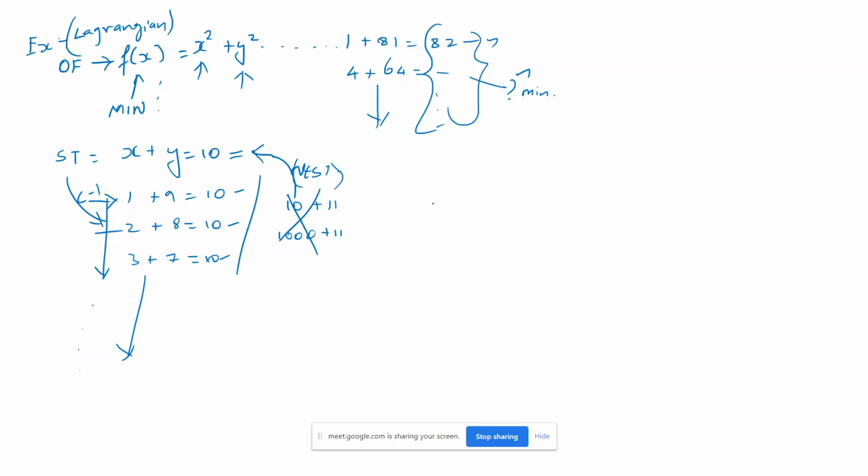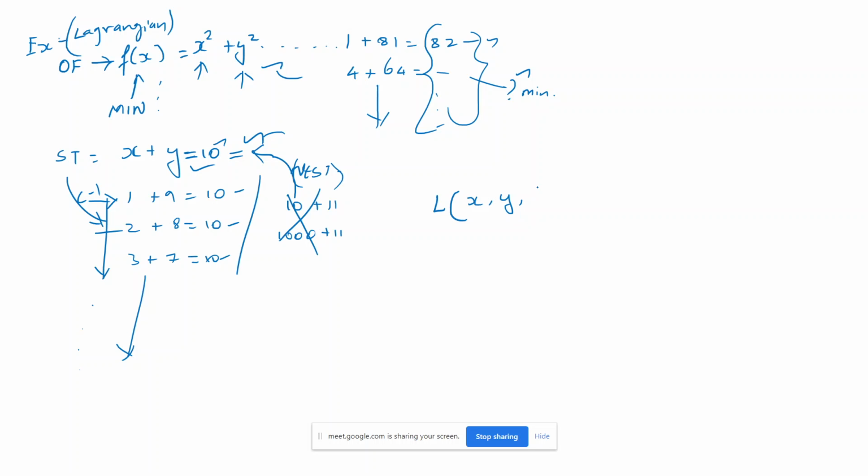Augmented function is nothing but this is a separate equation, this is a separate equation, and this is the objective function, and this is the constraint function, and this is an equality constraint. There are non-equality constraints also, but thank God we are getting that equality constraint. If this is the equality constraint and this is the objective function, this Lagrangian function must include